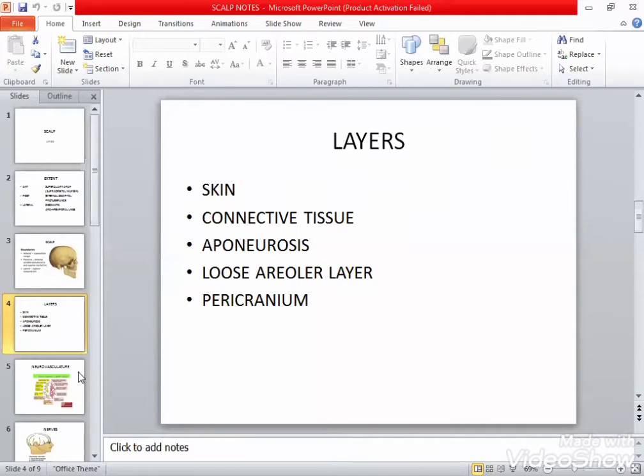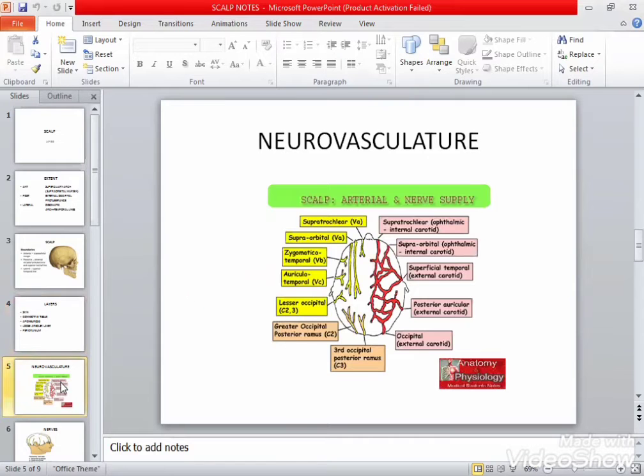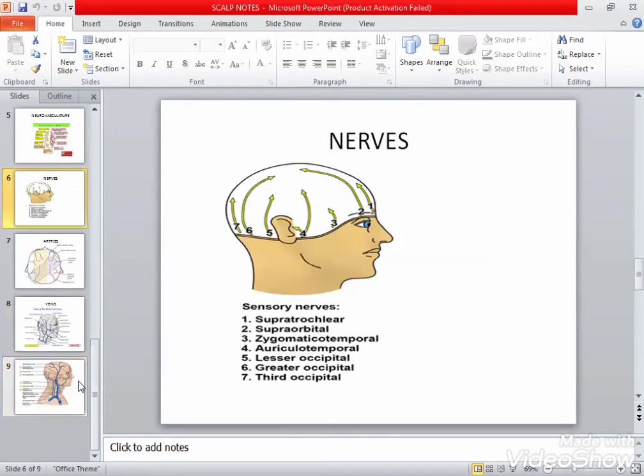Let's discuss the neurovasculature. Nerves. There are seven nerves that supply the sensory innervation to the skull: the supratrochlear nerve, supraorbital nerve, zygomatic-temporal nerve, auriculotemporal nerve, and the lesser occipital and the greater occipital. Supratrochlear, supraorbital, zygomatic-temporal,